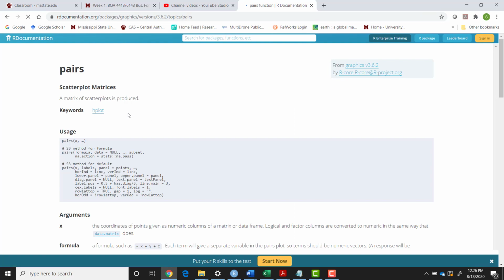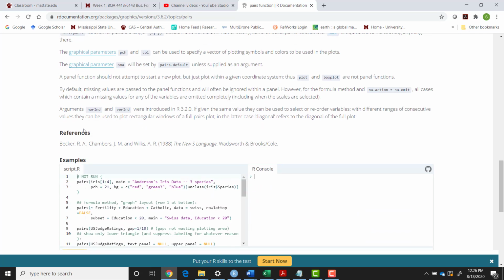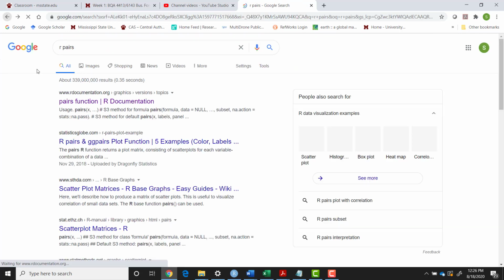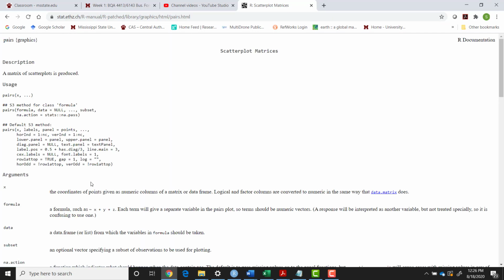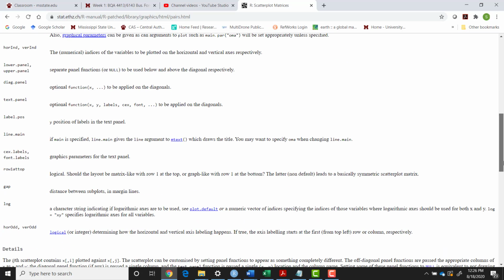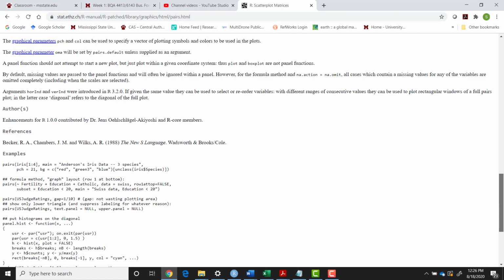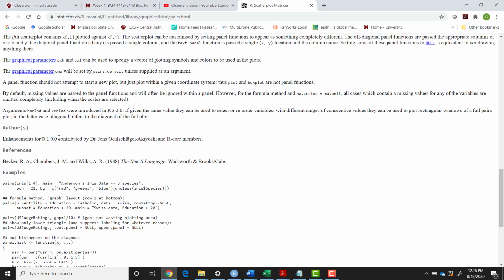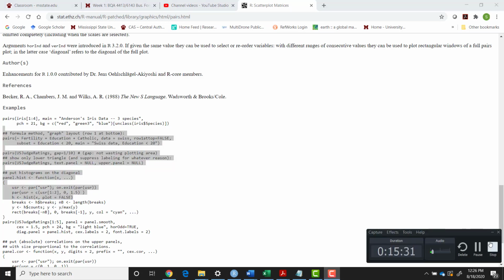R documentation is like a site that tells you about the function. It will also give you information about all the values, the parameters, and the output. It will give you some examples. This one here, the stat.ethz.ch, this is like the official site, and this will give you information about the technique, all its parameters, and maybe even a little bit of background. It will tell you who the authors are, where you can find more information about it, and some examples. So R is something that you really need to learn yourself, and you really need to delve into the documentation. Okay, that's been quite a lot for the first week, so we'll just